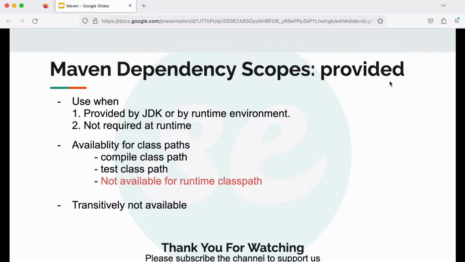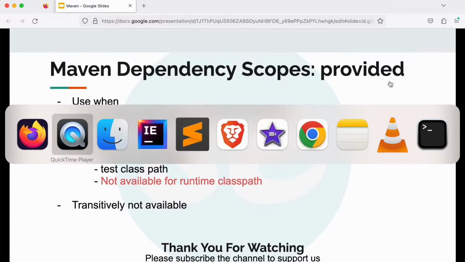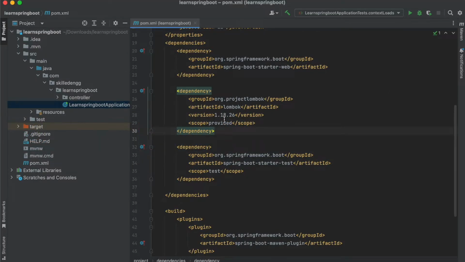The example for this scenario would be a Lombok dependency. Let me show you that. So this is the dependency. For those who don't know about Lombok, this is a dependency using which we can use some annotations on the Java classes, and our IDE, let's say IntelliJ IDEA or Eclipse or any other IDE, will create the source code for us at compilation time, and that's why this dependency is not required at runtime at all.